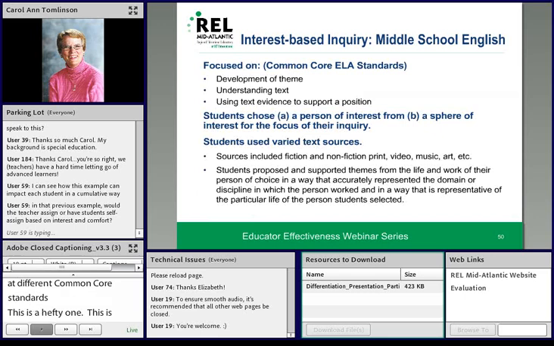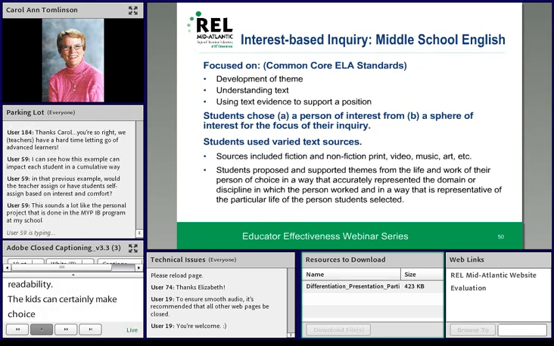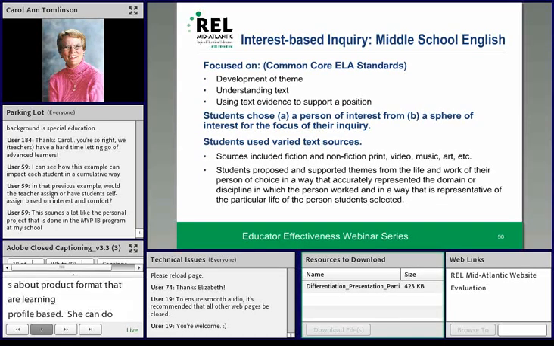Here, she can vary resources based on readability. The kids can certainly make choices about product format that are learning profile based. She can do scaffolding, like providing graphic organizers or resources for kids who need some help with that. So there are ways to deal with it in terms of readiness, but what she really has done here is